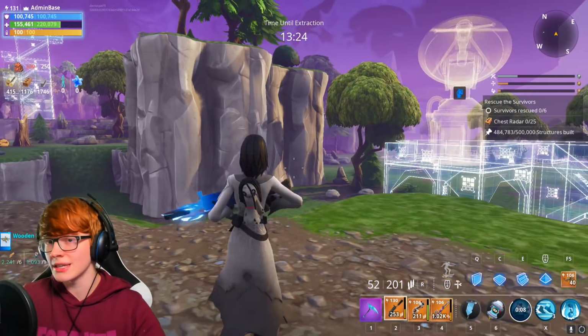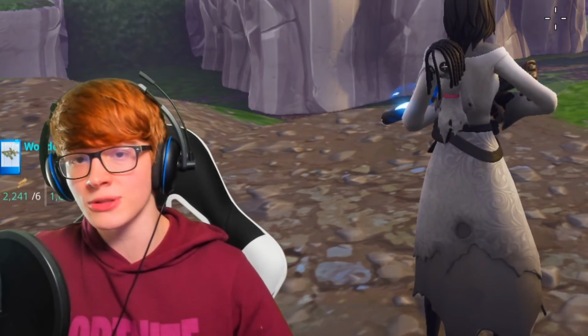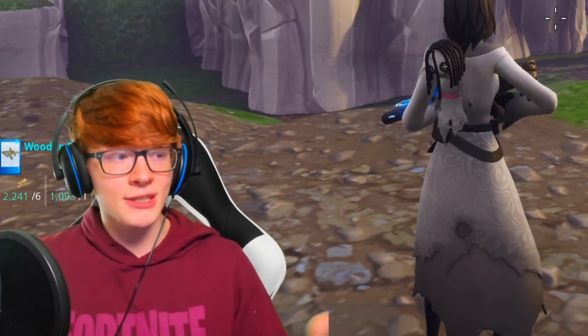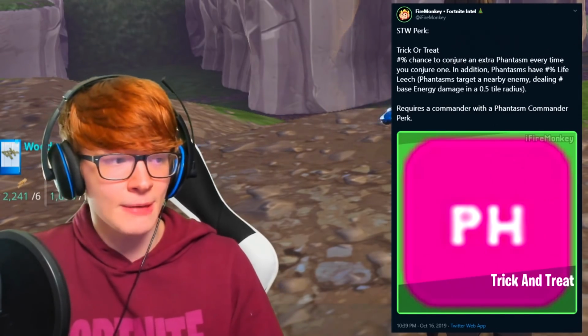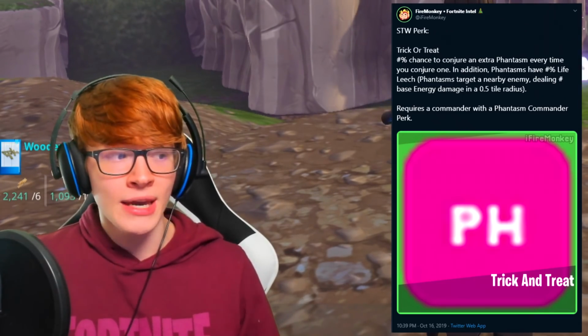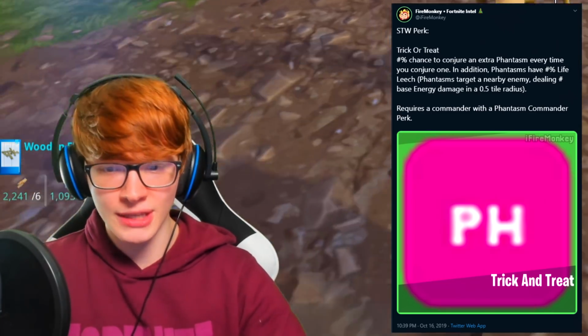Well, how exactly could this hero even still be good at this point? For those of you guys that do not follow me on Twitter, there was a leak that came out from FireMonkey that we've been talking about for a while over on Twitch, and it's a team perk, and it's called Trick or Treat, and this is the team perk that's going to be coming out this season. It says there's a % chance to conjure an extra phantasm every time you conjure one. In addition, phantasms have a %...